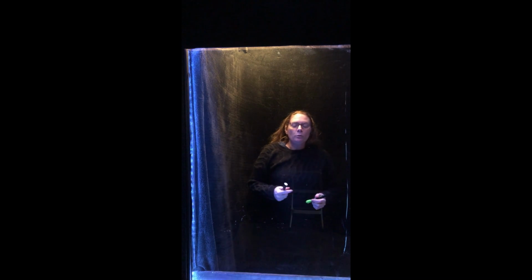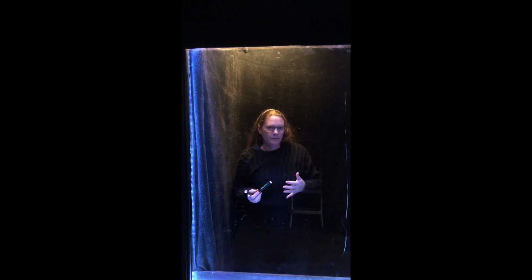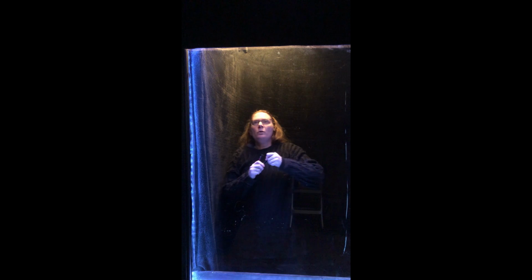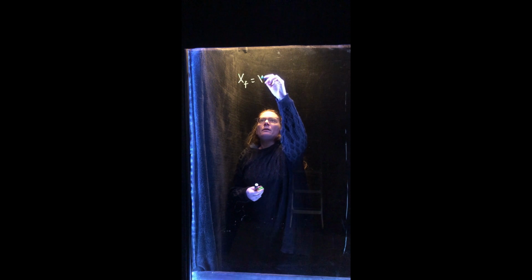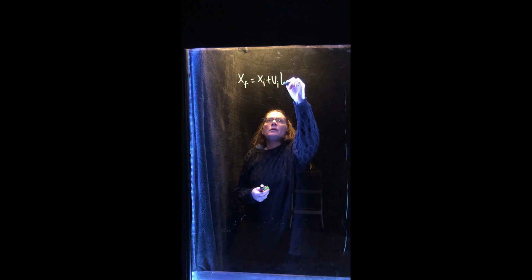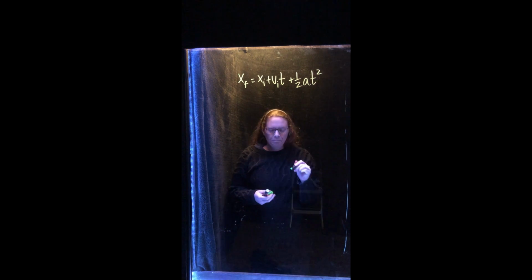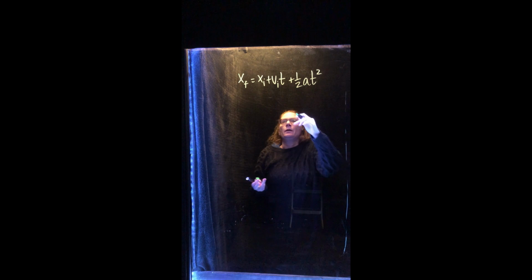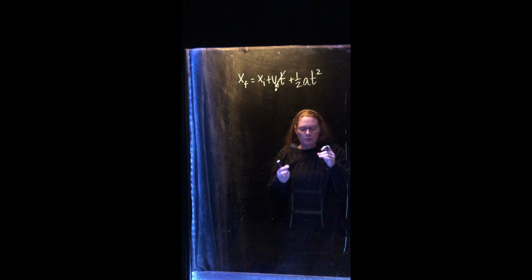Hi everyone, I want to do a quick tutorial on what we're going to be doing a lot with labs: matching equations to the curve fit that Excel is going to give us. The equation we have for the Freefall lab is x final equals x initial plus v initial t plus 1/2 at squared. And for dropping something, the initial velocity goes to 0 because we're just dropping it, so we're